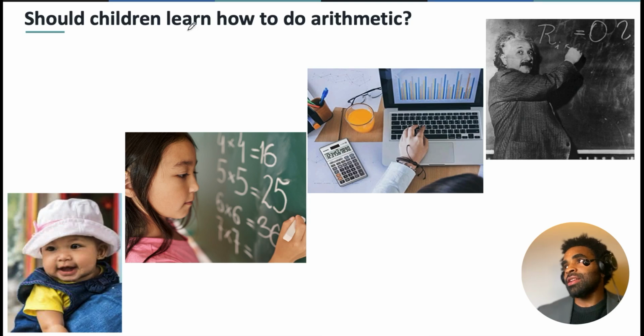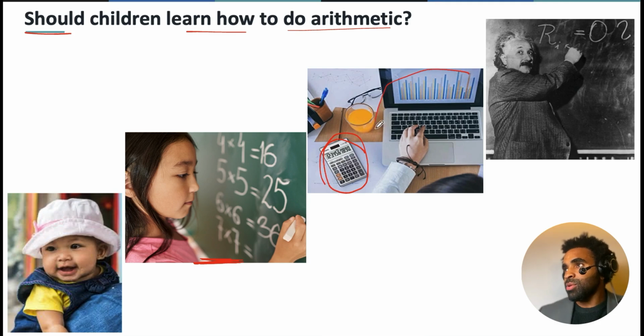And here's another analogy that I think may help to frame how you should think about these AI tools. Here I ask the question, should children still learn how to do arithmetic? So of course you remember the days of elementary school or secondary school where you had to learn all these arithmetic rules. You had to learn your multiplication table, your division table. But when you were learning all those things, or certainly when I was learning all those things, we had calculators that could do most of that work.